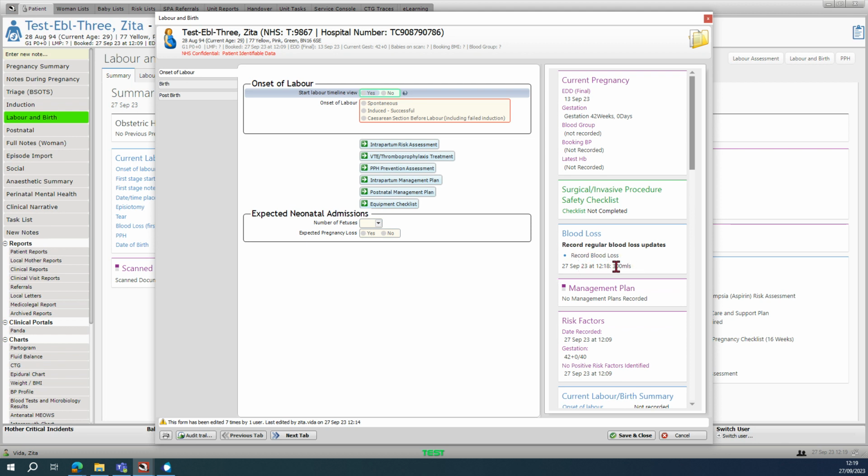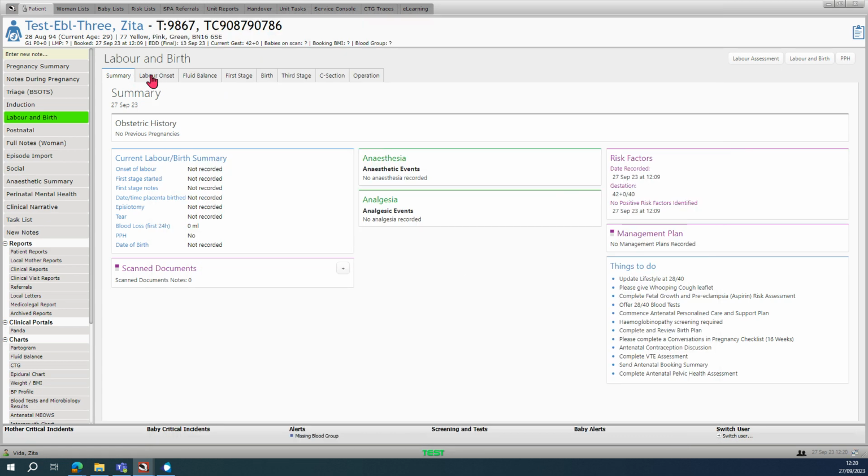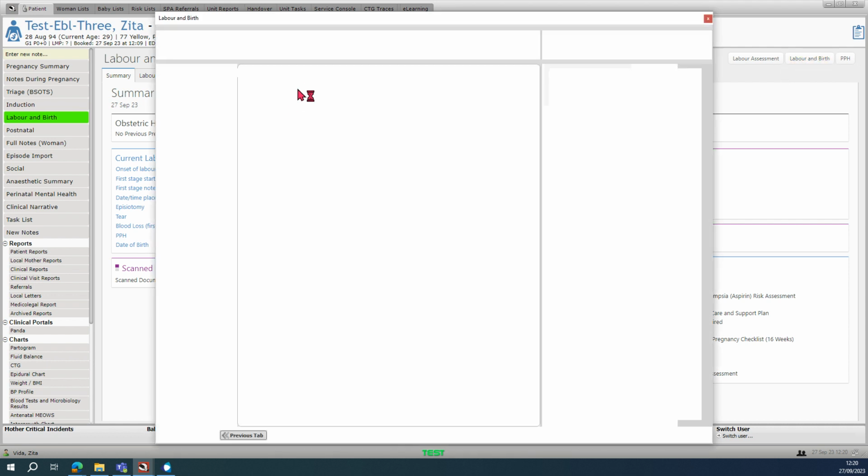Now you can see that a blood loss of 300 milliliters was entered. If I come out from this form and look on the labour summary, you can see that the blood loss at the moment stands at 0 milliliters, and that is because we have not documented the baby's birth. So VagiNet looks at this patient as an antenatal. As soon as we enter